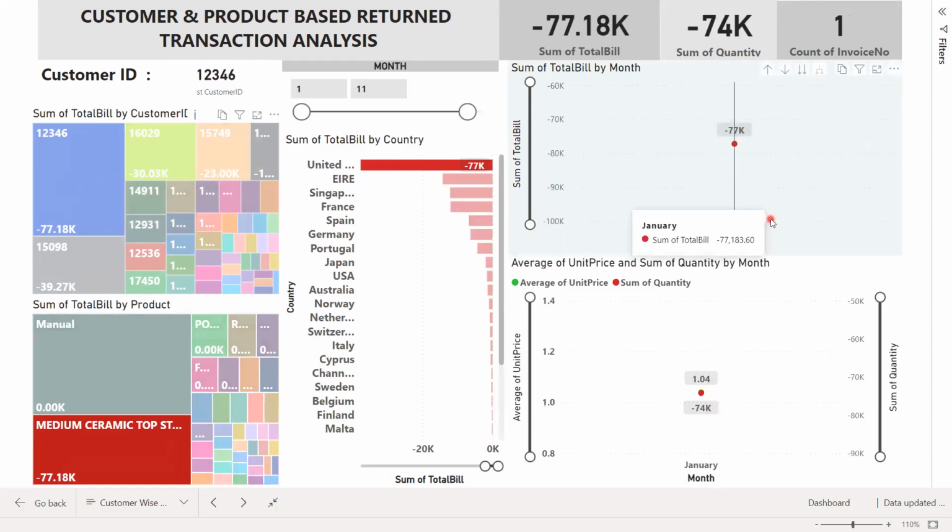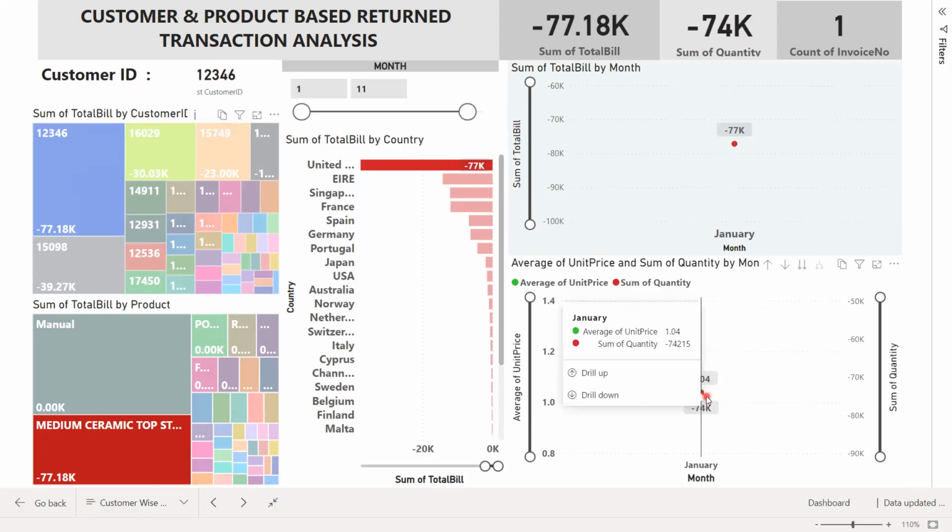So this customer 12346 has done a single transaction, and this transaction had a total bill amount of 77,000, and he has cancelled this item in a single shot. So it is a single bill, and we can say that this may be a rare phenomenon where this customer has